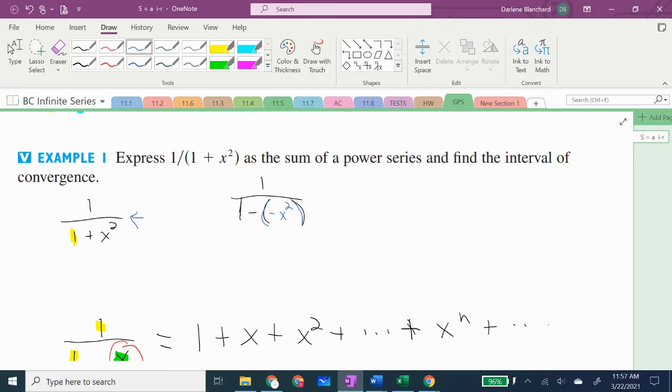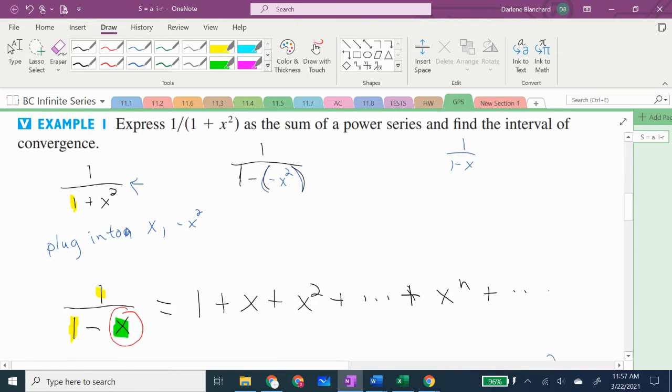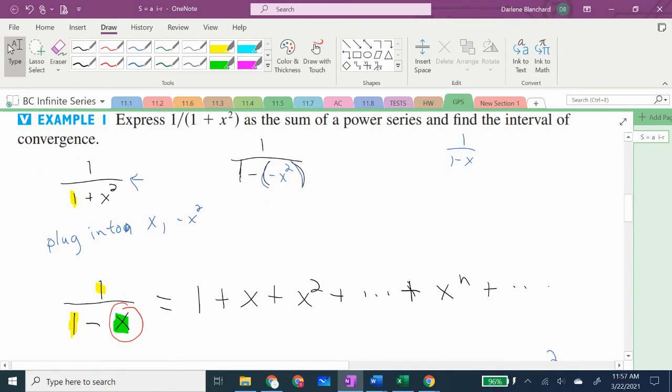So before you get started manipulating any of the power series itself, you have to figure out what steps you're going to need to take to morph a 1 over 1 minus x into whatever is there. And the only thing you have to do is plug in for x negative x squared. So you start with the formula,